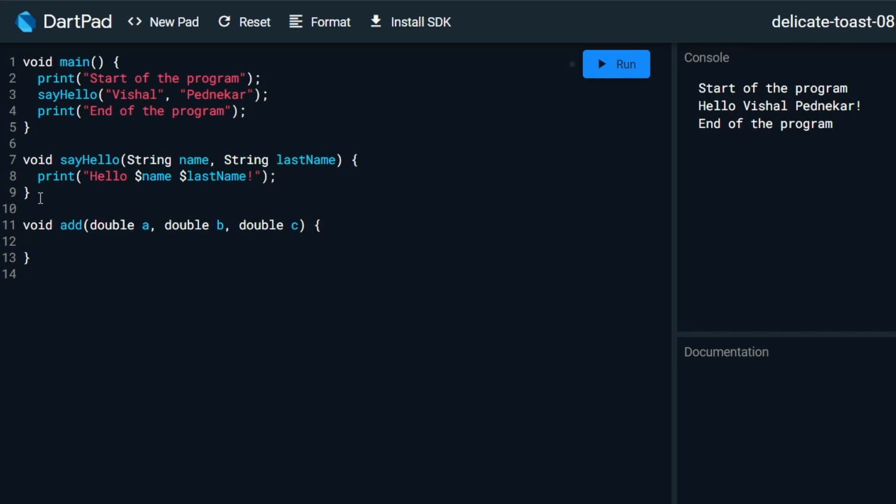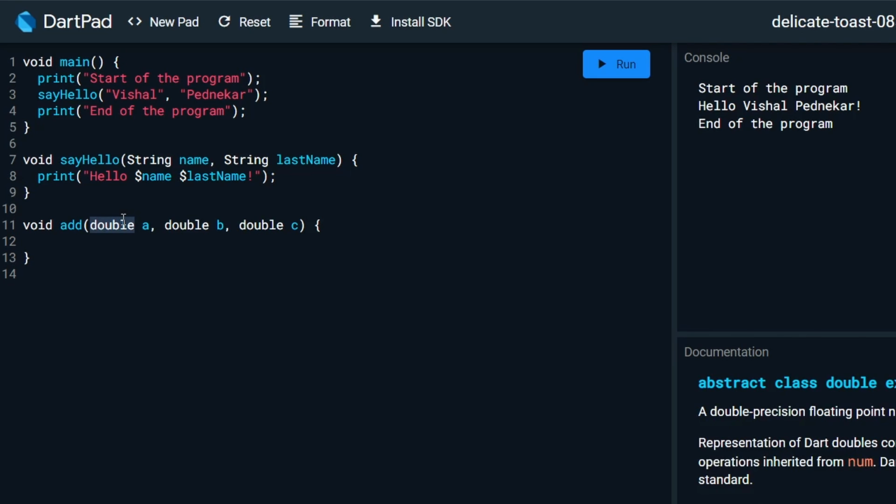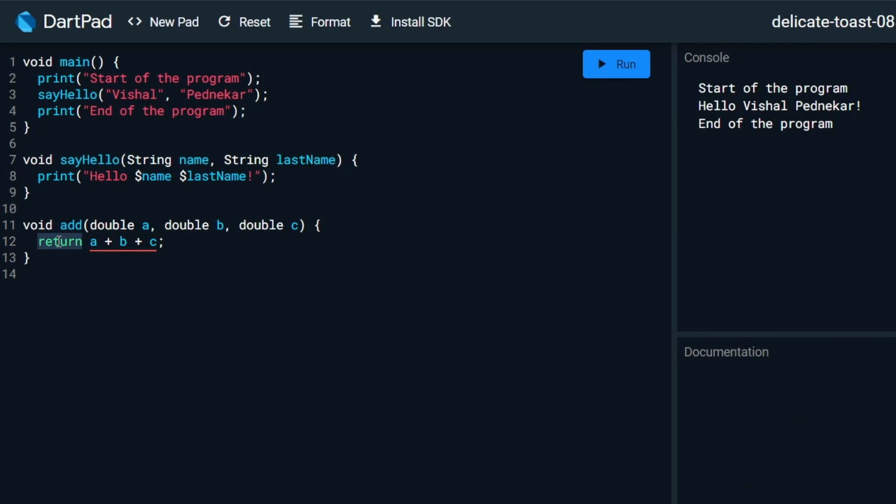Because this is also going to handle floating point numbers like 3.14, 4.16, 24.3 and also integers like 10, 20, 30. So the double data type can handle integers as well. And I'm going to just simply return A plus B plus C.